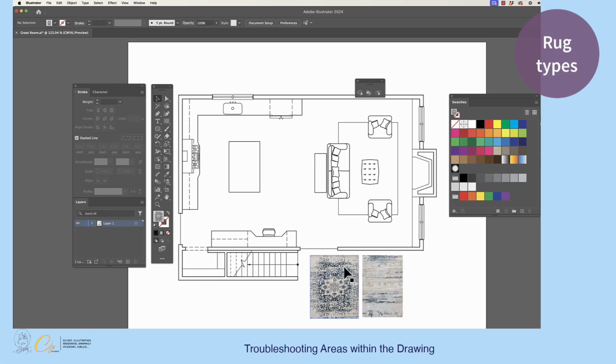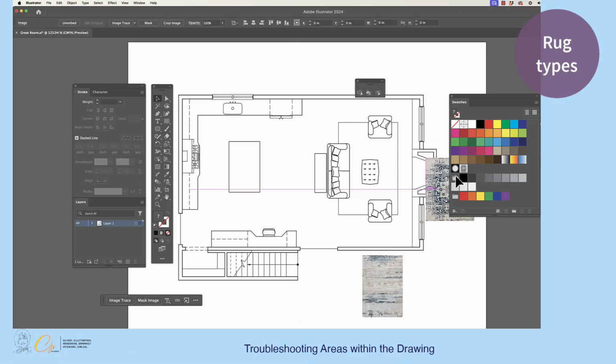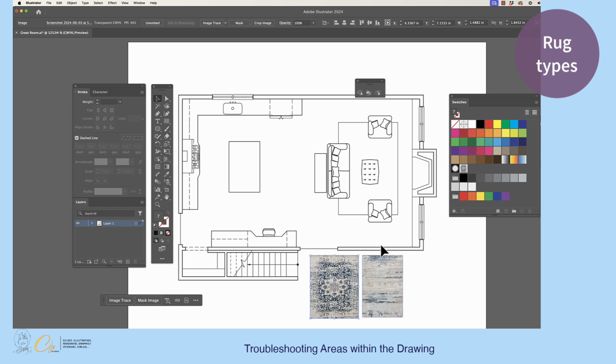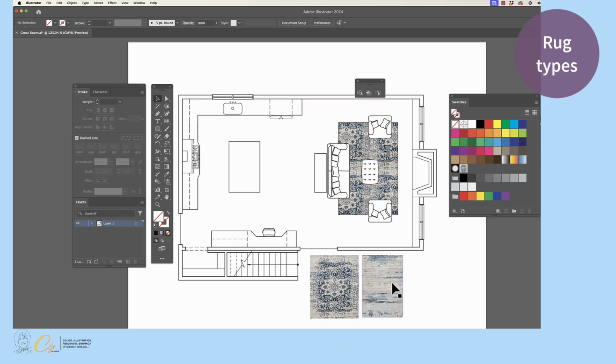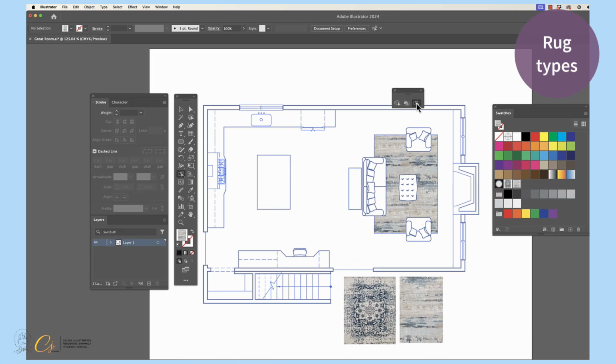The last thing you might want to do is place a symmetrical rug pattern into the composition. This means that you cannot use the swatch option for the rug. The swatch option works well for an asymmetrical pattern or an abstract pattern. But if the pattern has to be precisely symmetrical, then you have to be able to place the rug below the furniture. This means using the white direct selection arrow to cut and paste the furniture grouping onto a different